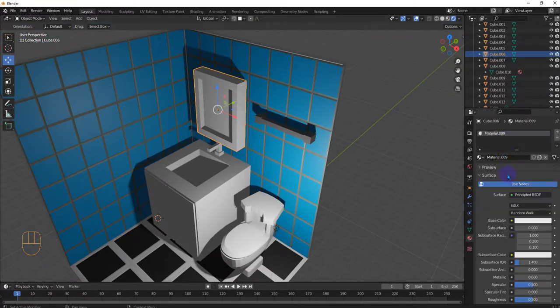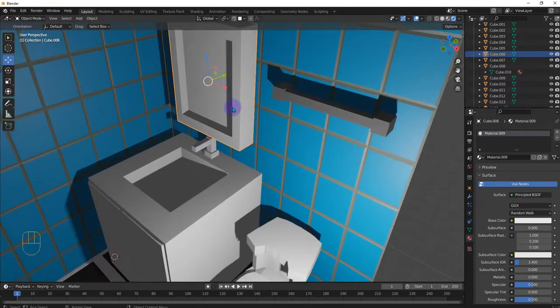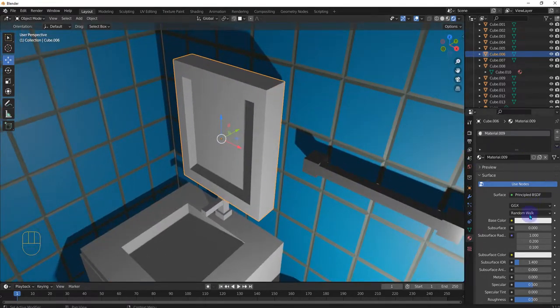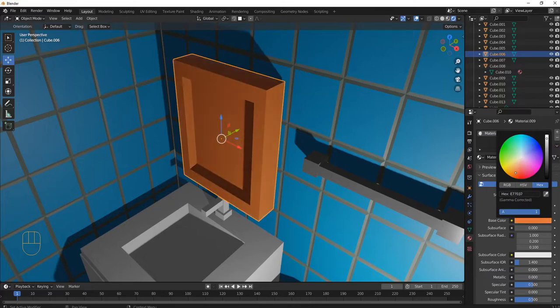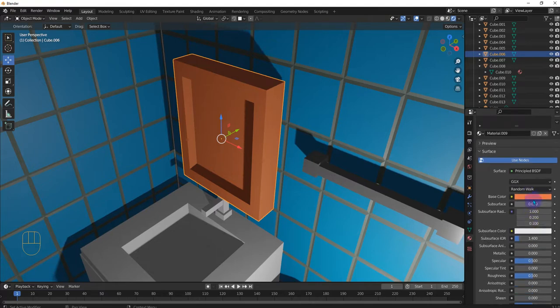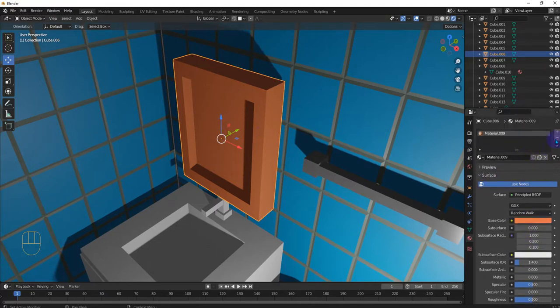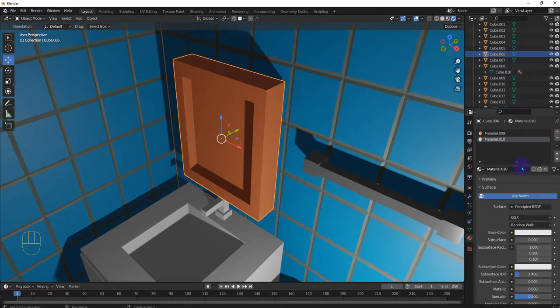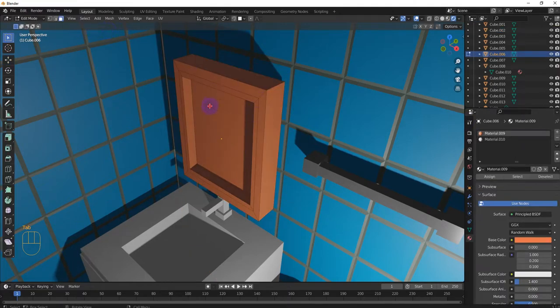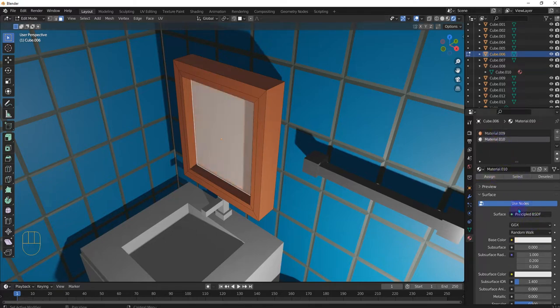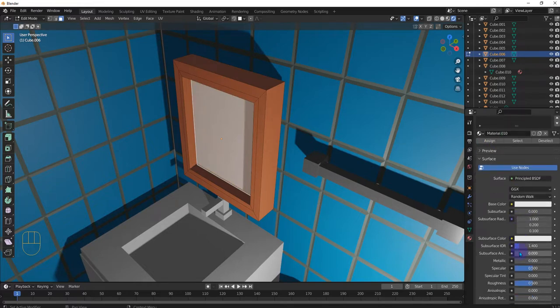We want two materials for this. One is for the base, for everything around it, and we're just gonna do like a nice brownish color. Right, and then we're also gonna add in the material, and that's gonna be the material for the mirror. So with this selected right here, go to edit mode, and then we're gonna select this face right here, and then select this material, and then assign it to that. And we are going to do white, and we are going to do